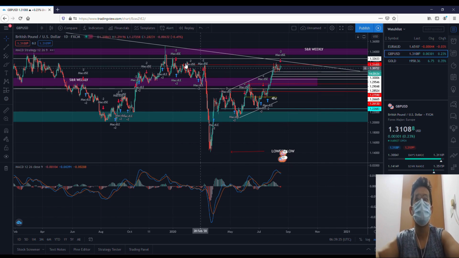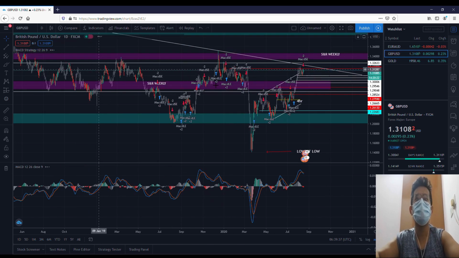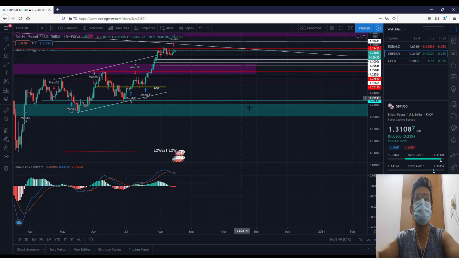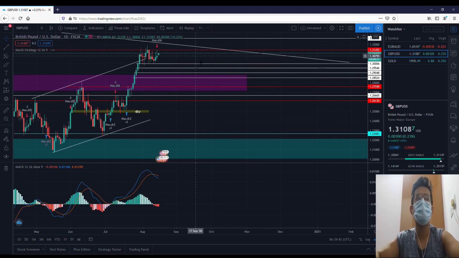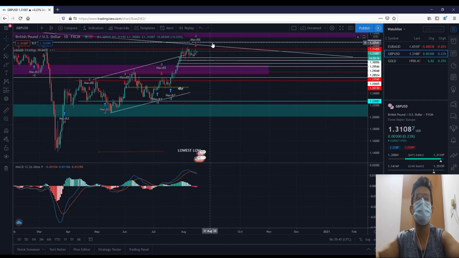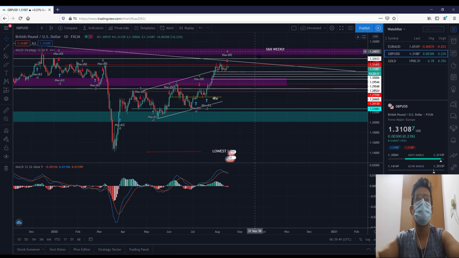So I thought the price would actually come up to 1.32500, or even 1.33, somewhere here, because it's just been an uptrend,